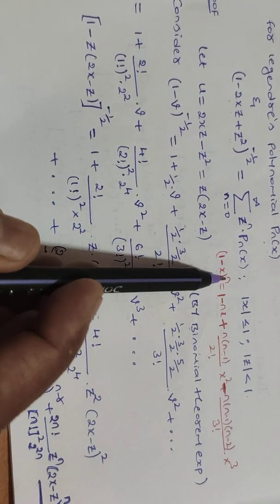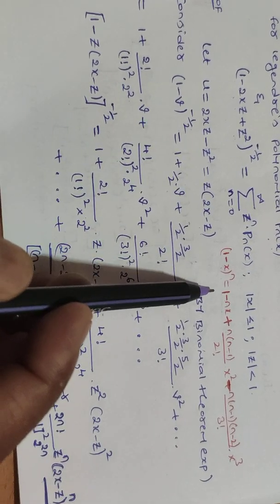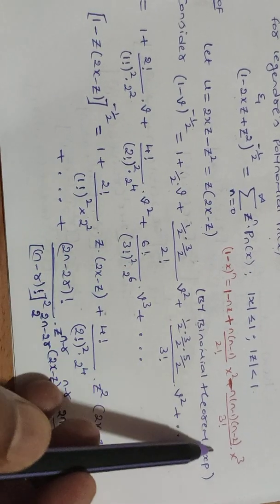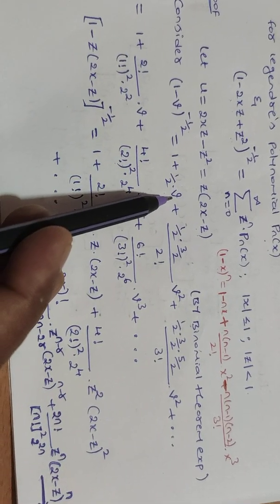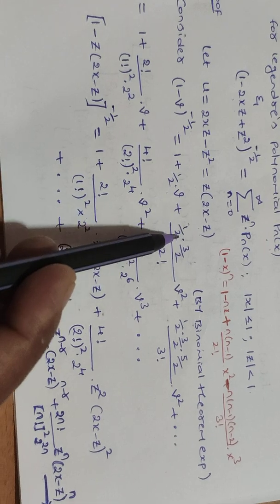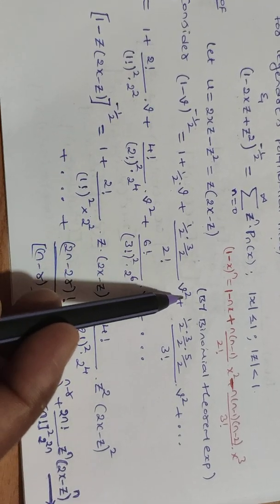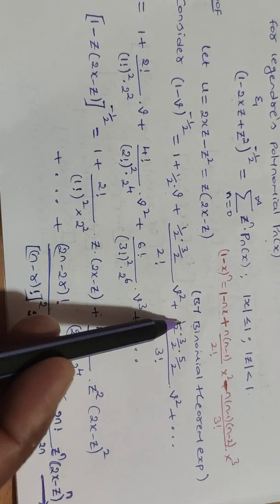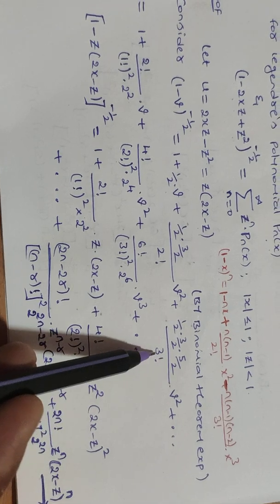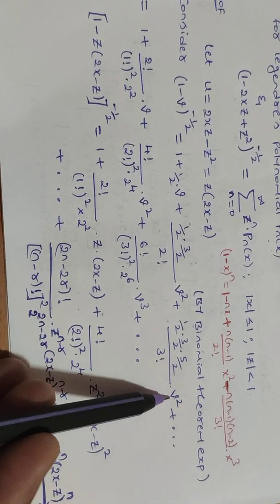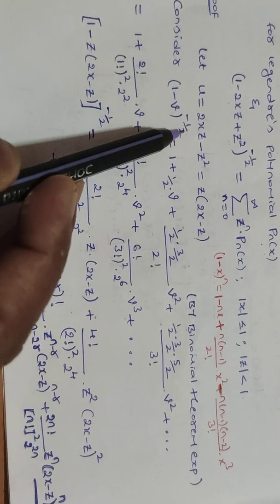In place of n, we observe the value as minus of half, and we expand by using this: 1 plus half into u plus half into 3 by 2 divided by 2 factorial into u square. Similarly, the third term is 1 by 2 into 3 by 2 into 5 by 2 divided by 3 factorial into u cube plus etc. Since the n value here is minus half,